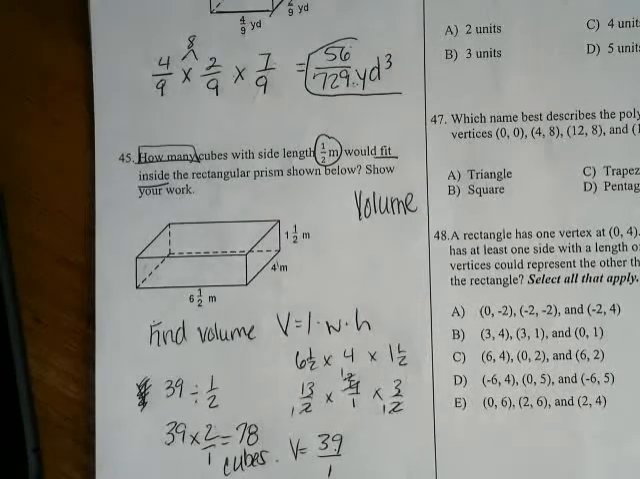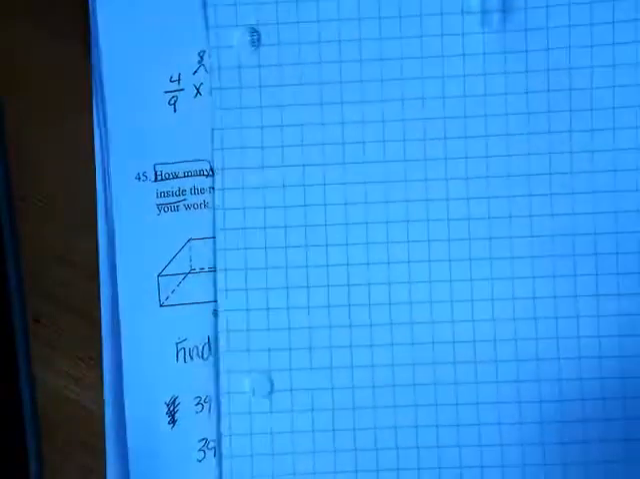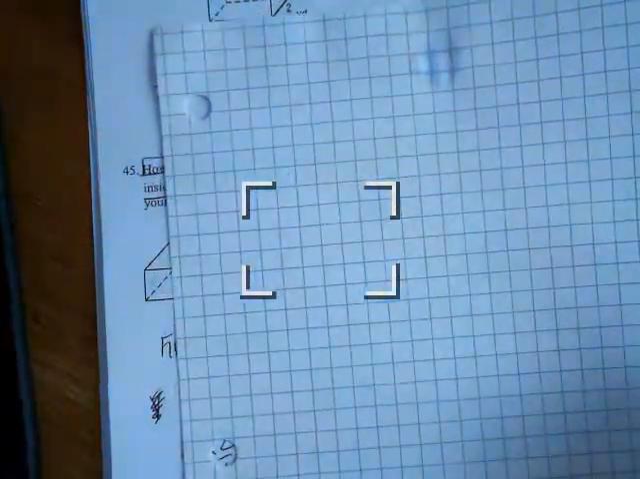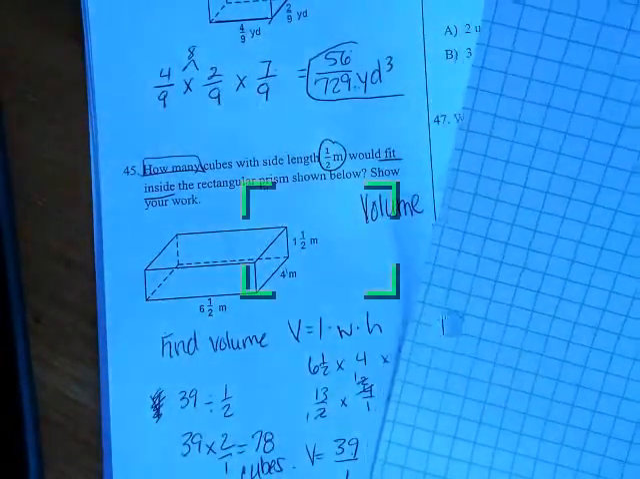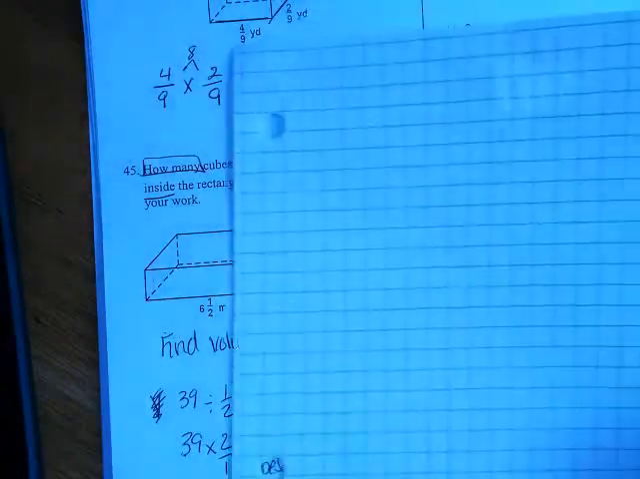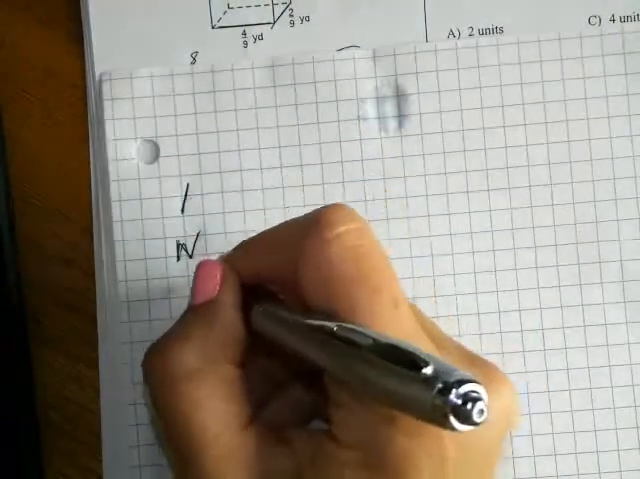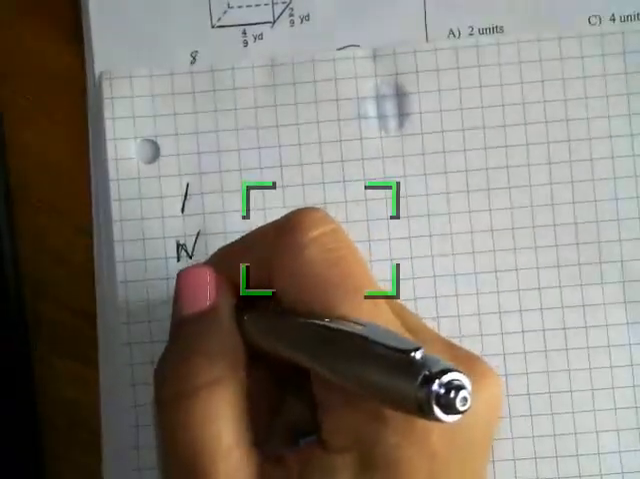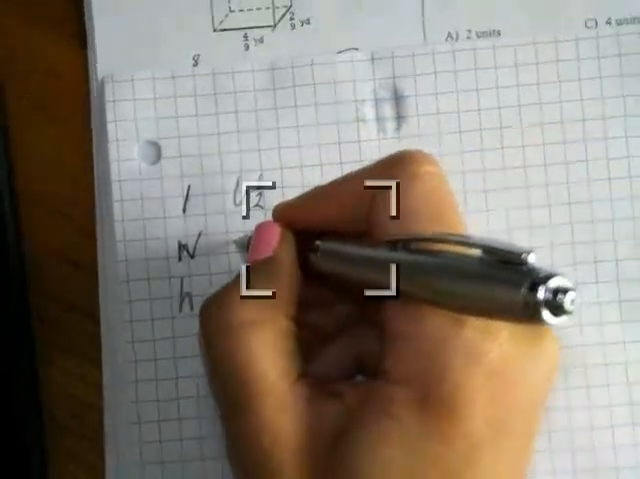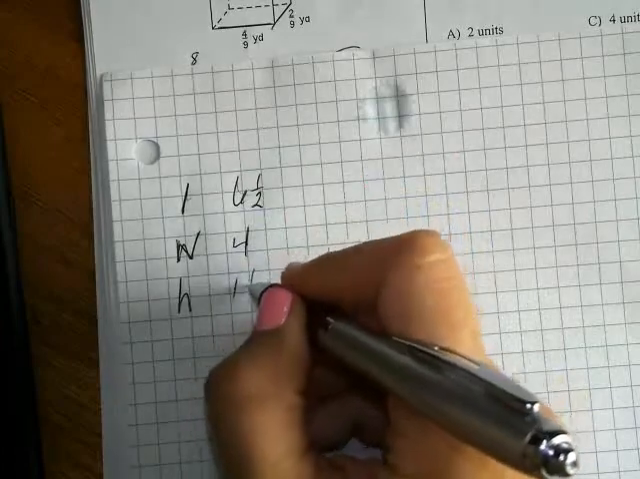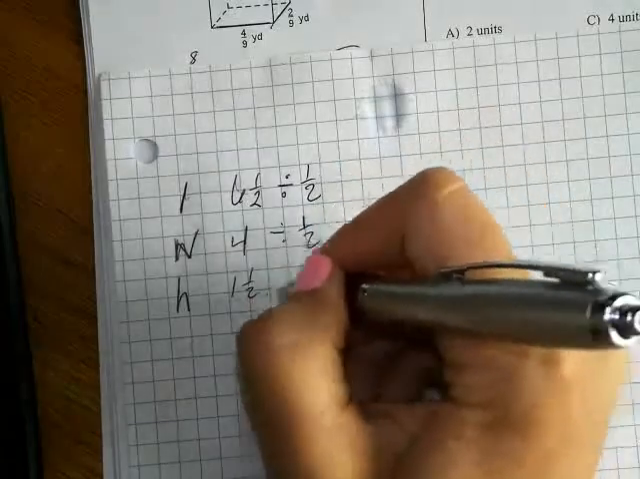Okay, so my answer key is showing me something totally different. What they're showing me here is you want to take each side length, and the height. If the side length is 6.5, then you have 4, and then you have 1 and 1/2. They say, and I apologize, this is not normally the way I would do it, but